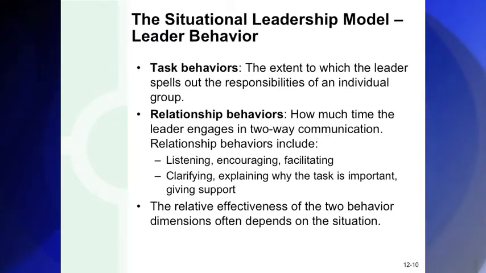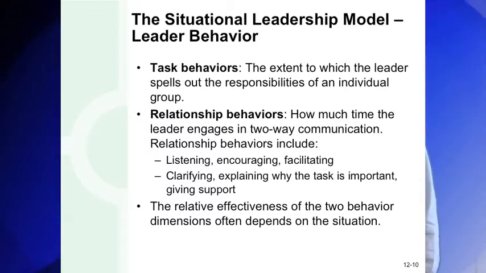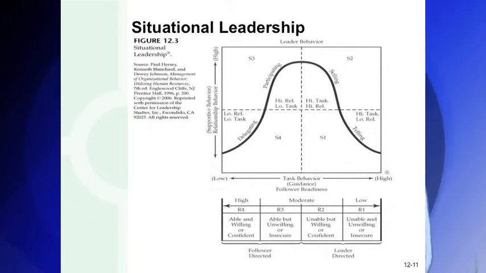That could include clarifying questions, listening, probing, summarizing, encouraging, facilitating, giving support, engaging the workers as followers at much different levels. So in this case, the situational leadership model talks about two key factors: task behaviors and relationship behaviors. On figure 12.3,